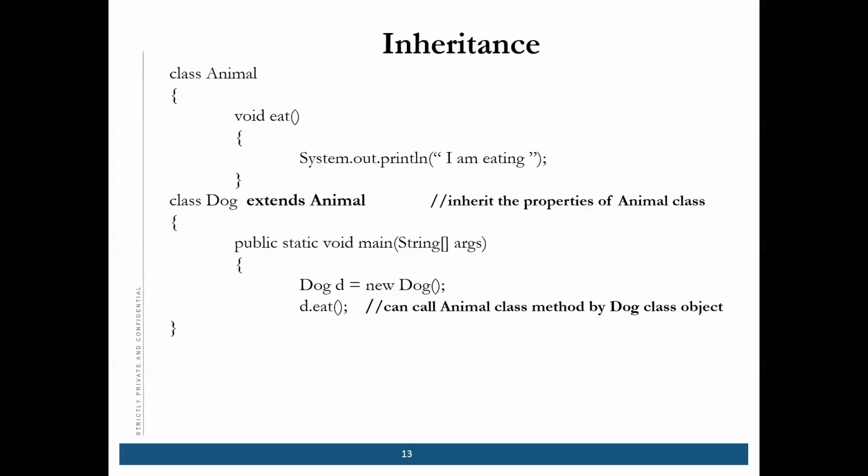Yes. So that is the only rule: if you have the main method inside the Dog class, you should execute the Dog class, not the Animal class. If you are executing the Animal class, then it will not run. Okay. Am I clear? Your doubt was this only, right? Or something else?